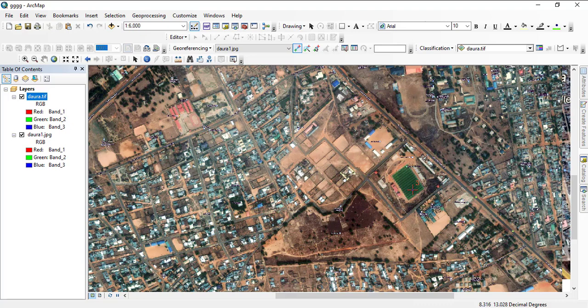Did you not do it? Zoom to Daura 1 here. Why are you zooming to Daura 1? Wait. Why are you zooming to Daura 1? Where is the selection you've made? You make it at this center. So once you bring this one in,